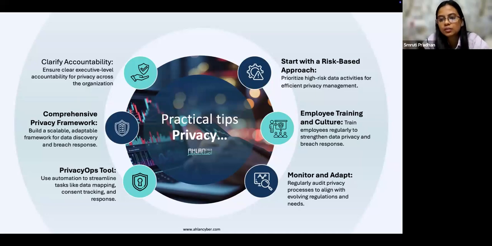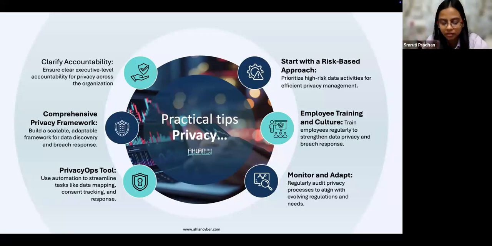Somebody has asked if there is no DPO, will the CCO take the responsibility? It's not a straightforward yes or no answer. That depends on what the structure of the organization is. But whenever you put a DPO responsibility on anyone, just make sure that there is no conflict of interest. When you look at global laws, even GDPR or KSA PDPL, if you look at the guidelines, they have clearly mentioned that the person taking the DPO role should not have any conflict of interest. And that is where the recommendation also comes that technically the CISO should not become the DPO, because the DPO is more of a governance role. And also there could be bias towards the kind of risk that needs to be mitigated.